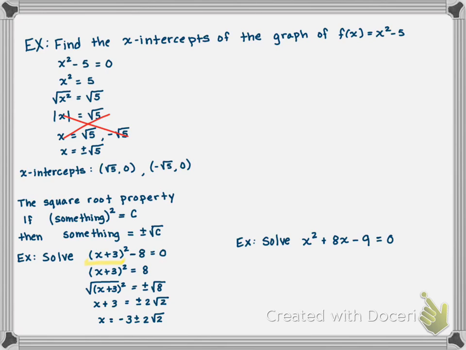I can't use the square root property here because the only thing that is something squared is this piece right here, right? And so if we tried to get everything else on the other side,